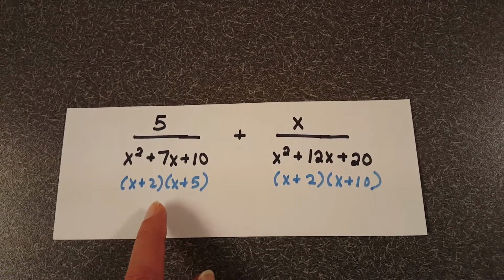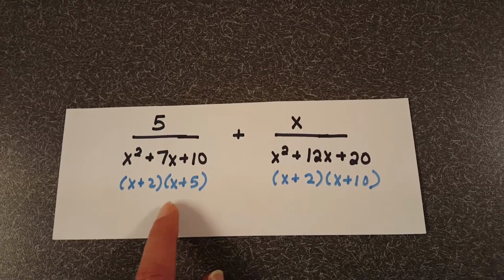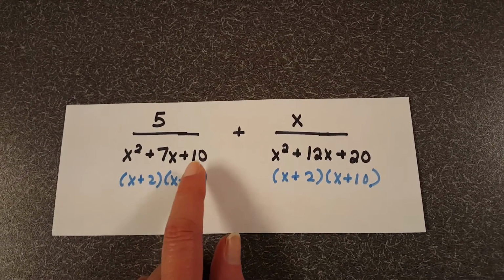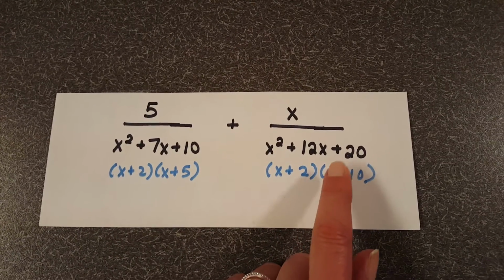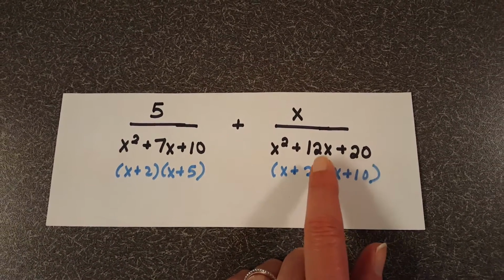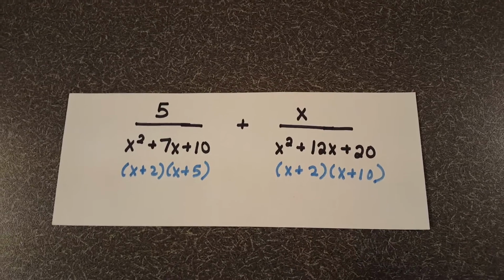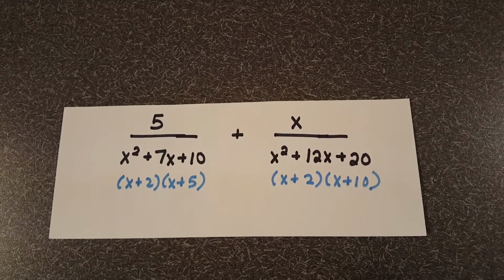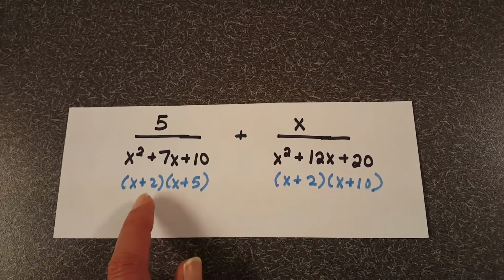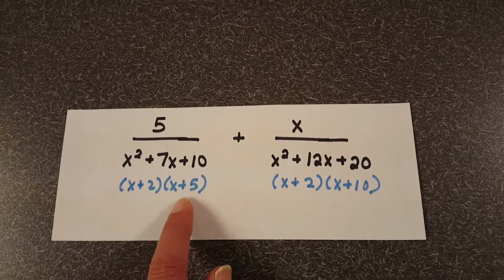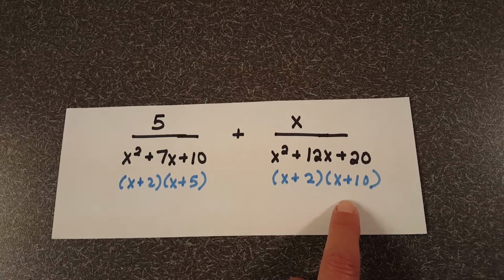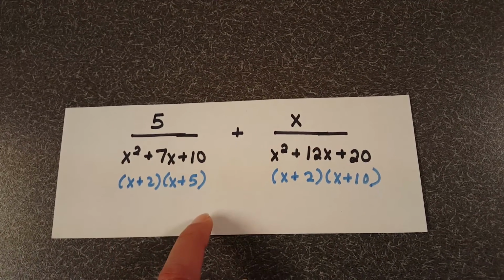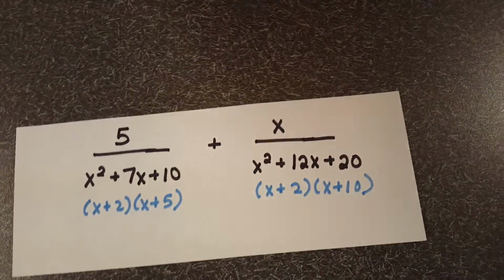So we factor the first one with x plus 2, x plus 5, because we were looking for 2 numbers to multiply to give us 10, add up to give us 7. Over here, 2 numbers that multiply to give us 20 and add up to 12 would be 2 and 10. So we've got our factors on that side. Now notice each of these have an x plus 2 already, so that's done. This has an x plus 5, but this one doesn't. It's going to need it. This has an x plus 10. This one doesn't. It's going to need it. So next step